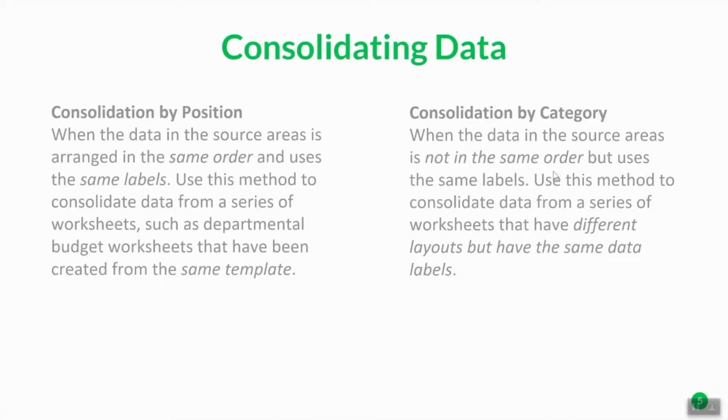Consolidation by category is when the data in the source areas is not in the same order, but uses the same labels. Use this method to consolidate data from a series of worksheets that have different layouts but have the same data labels. For our purposes here, I'm only going to demonstrate consolidation by position because in general it is